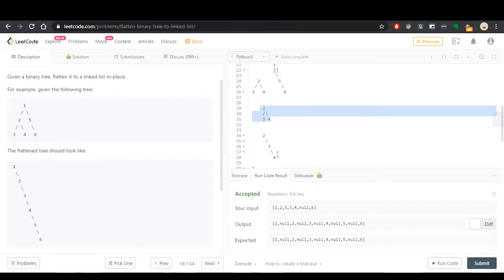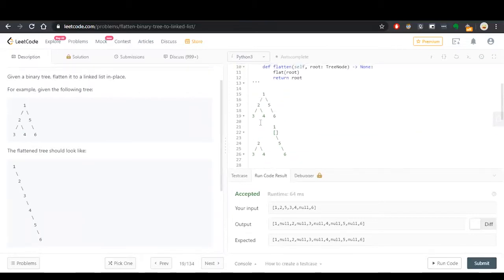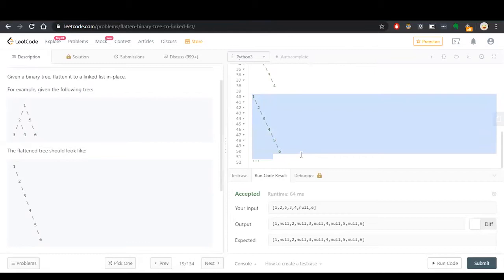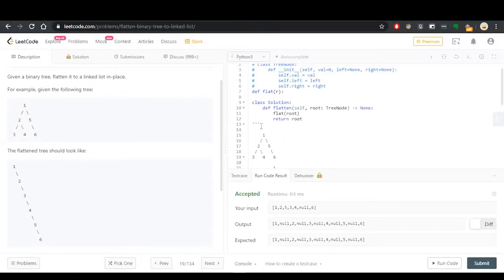So 2, 3 and 4, and then 2 and 4 was also in the list, but after that you had to add 3 to the right of the subtree to make it 2. So our current tree is 2, 3, 4 from the left subtree. Our task is, in this position, to add that 2, 3, 4 to the list to make it look like this. If you have any doubt, please revisit the last few frames. It will be really helpful. Okay.